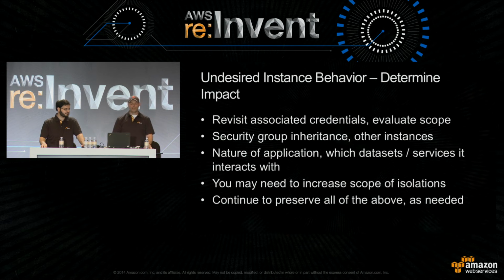Now moving on, we want to determine the actual impact of this EC2 instance and what it's been doing, and determine what it might actually have been connecting to, or what it may have transitive trust to. And so we'll revisit all the associated credentials, again evaluating the scope to determine if those credentials have access to other services, but we're not just talking about AWS credentials at this point. Anything that's on the actual instance, whether it's in configurations, usernames, passwords, and it's talking to other services, we'll want to make sure that we're looking for those, inventorying those. Again, make sure that you're preserving all of this information along the way.